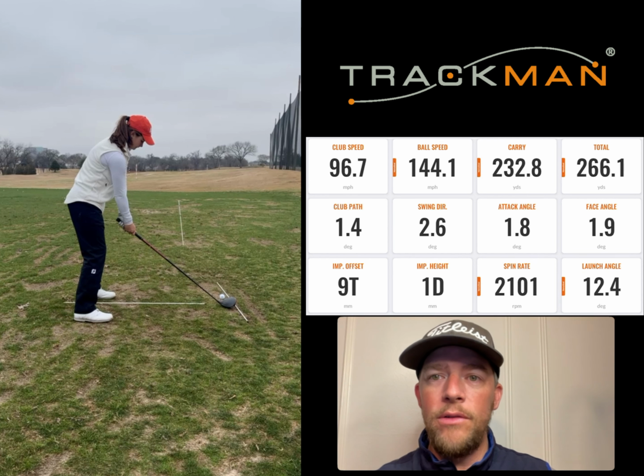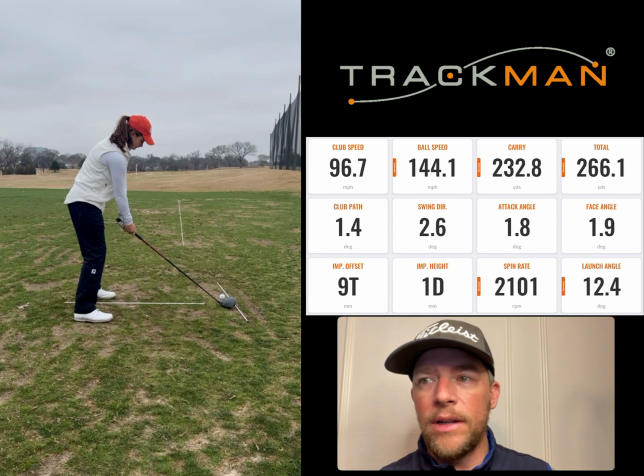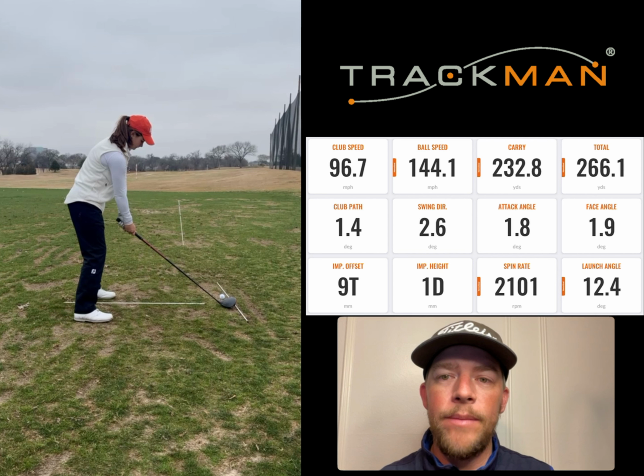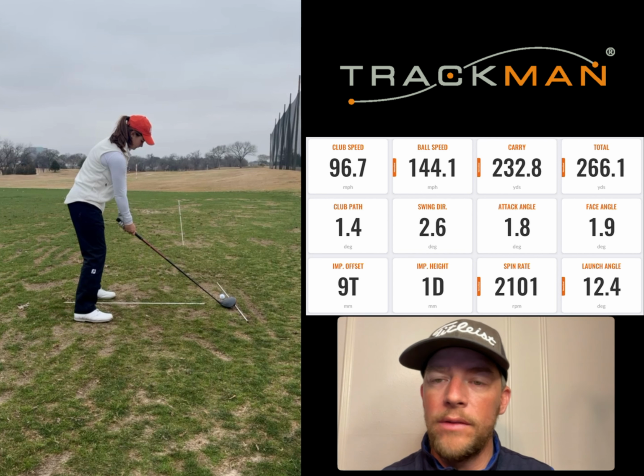So now if we go to the second line there of the club path, swing direction, attack angle, and face angle, you can see those numbers are obviously much more neutral. In general, this ball should go a lot straighter. This would be more my preference if I was working with someone, especially if they're pretty darn fast like she